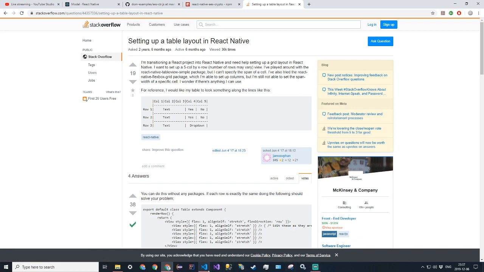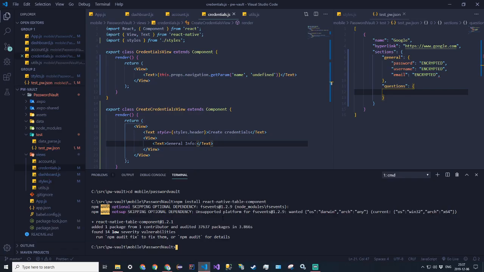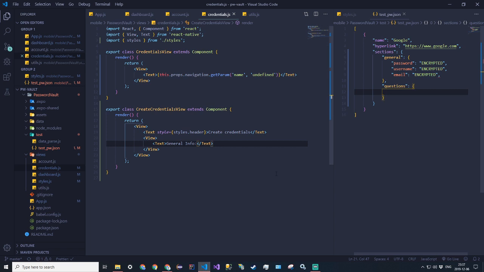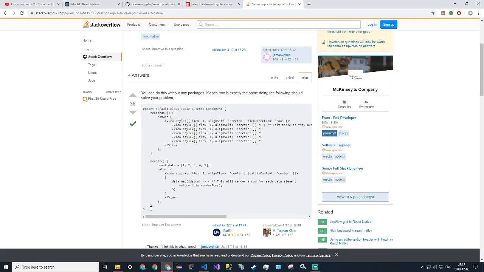All right, I'm gonna uninstall that little package, npm uninstall, or is it npm remove? Yeah. All right, so we'll just remove that, and we'll do,